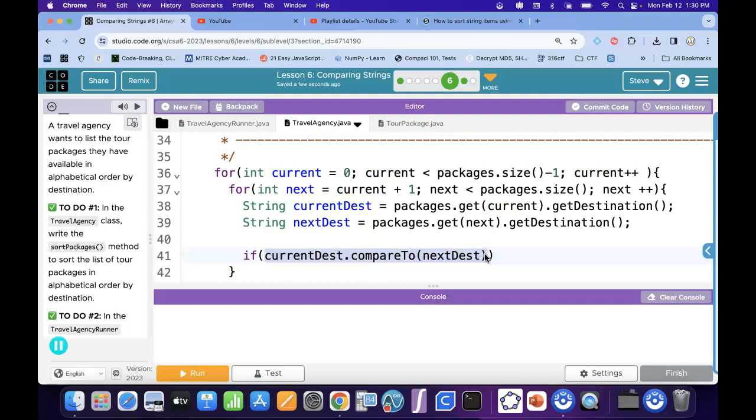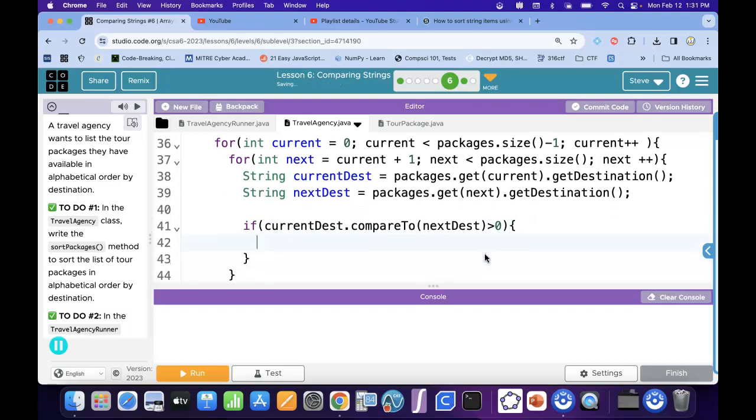I'm wanting to decide, do I need to swap? So I want to know, is the current destination actually after the next destination algebraically? So I want to know if this is actually greater than 0. If it is greater than 0, I am going to take the package and I'm going to set whatever is at the current index to the next